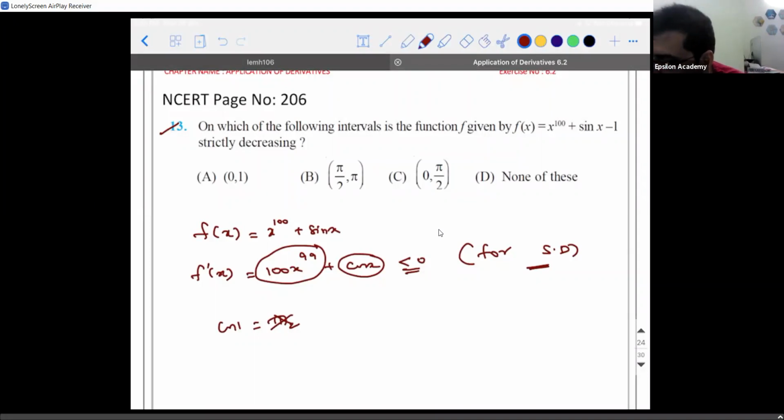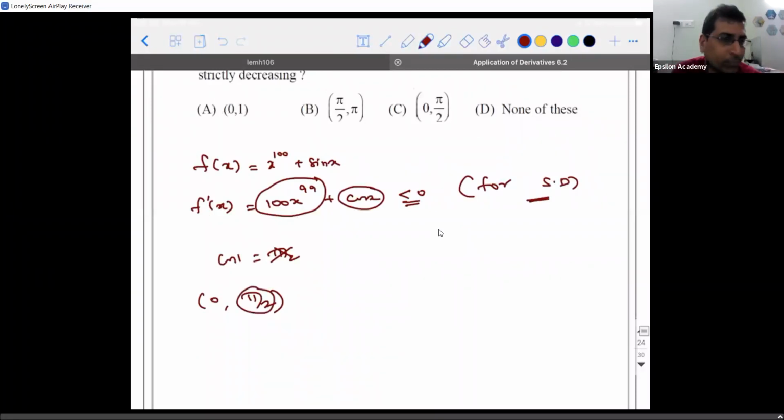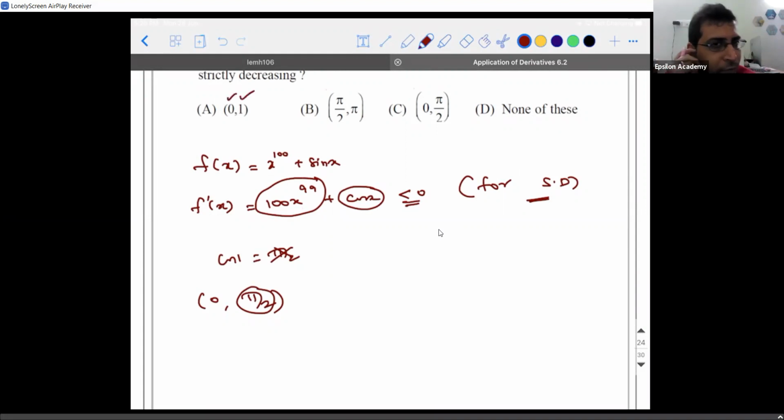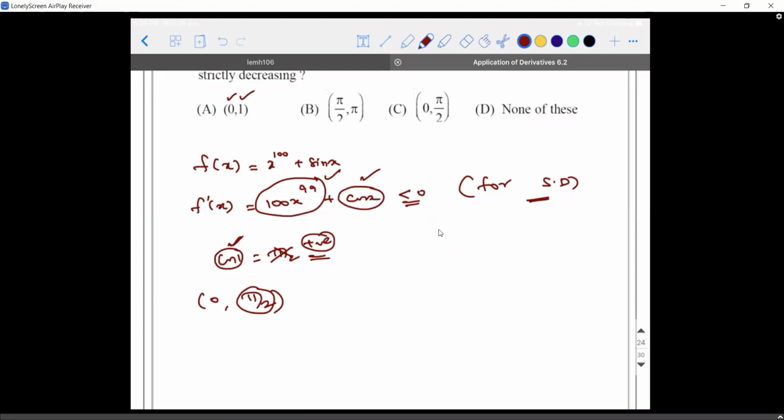So this is where I wanted to stress one important point. If I give you 0 to pi by 2, pi is how much? 3.14. Pi divided by 2 is how much? 1.57 something. Right. So when I say 0 to 1, as he told, it falls in the first quadrant only. So cos of any value between 0 to 1 that you substitute here is going to give you a positive value. So positive plus positive is going to give you a positive value. Do you guys understand? It's a critical step. Is everyone clear? Yes.